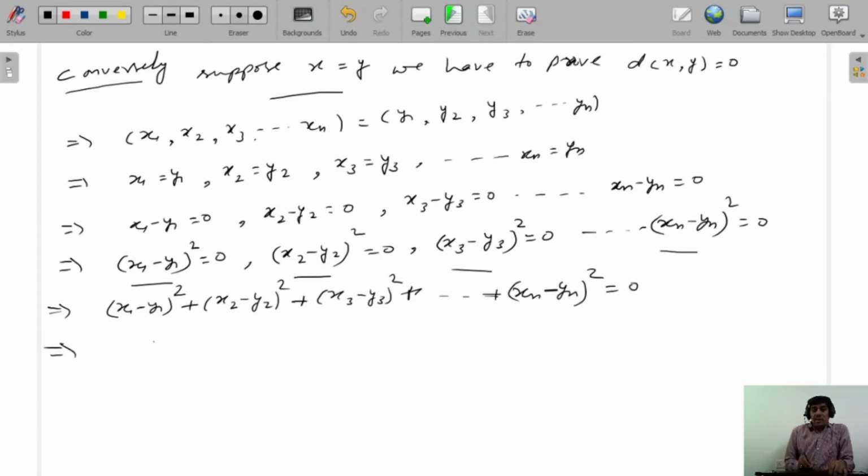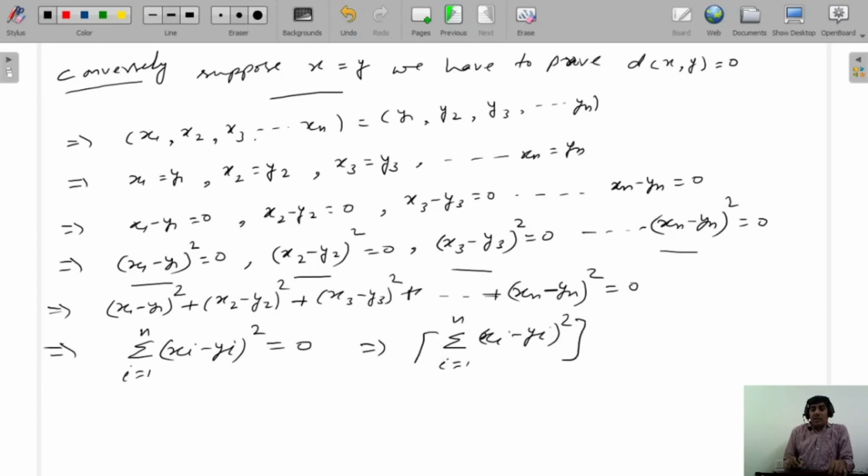This implies the summation, i varies from 1 to n, of (xi minus yi) squared is equal to 0. This implies the summation of (xi minus yi) squared, raised to power 1 by 2, is also equal to 0, because if a quantity's square is 0, then its square root is also equal to 0. This implies